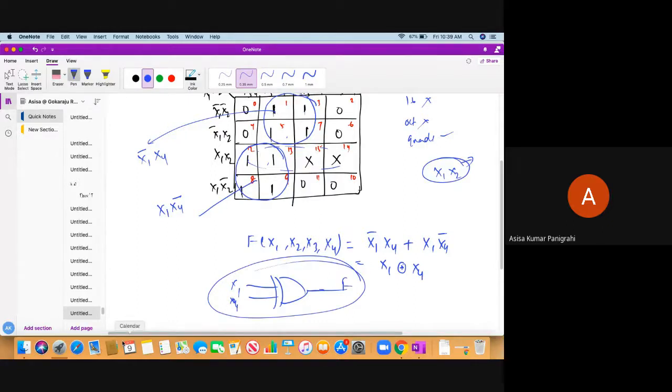Any doubt? So what will students do? Obviously they will combine this type of combinations, which is actually wrong, which gives me an extra literal x1 x2, which is not required here actually. Okay, any doubt on this? Very important one. And I'll do one more important question for you.